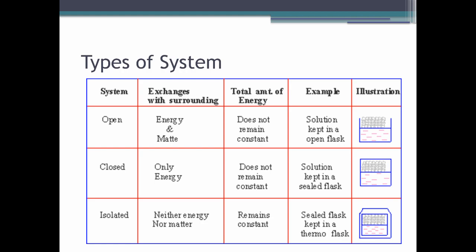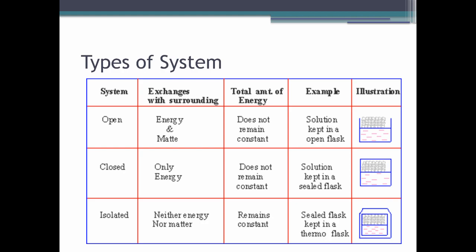And then you have isolated system. In an isolated system, neither energy nor matter can pass through the walls. So there's no exchange of energy or matter. So since there's no exchange, the amount of energy inside the system is constant. So that's an example of that if you have your